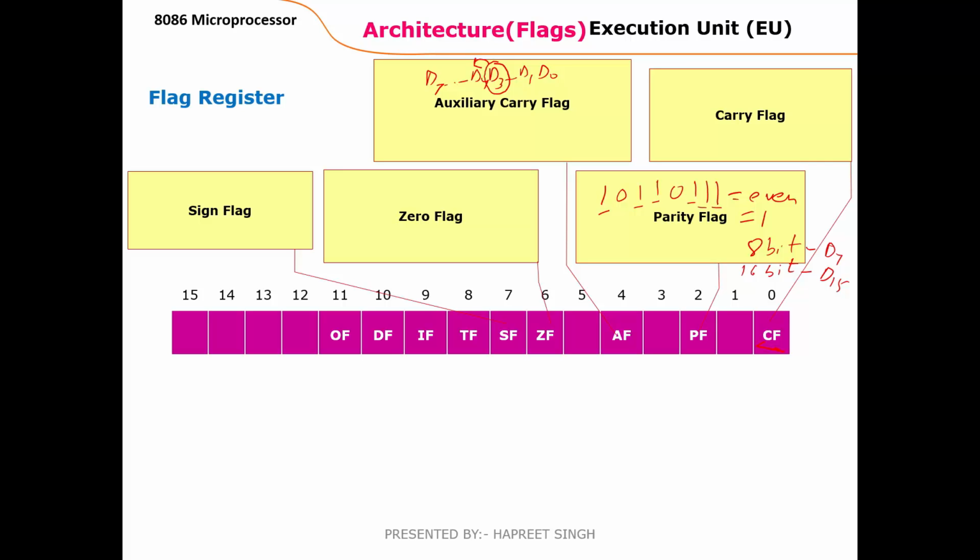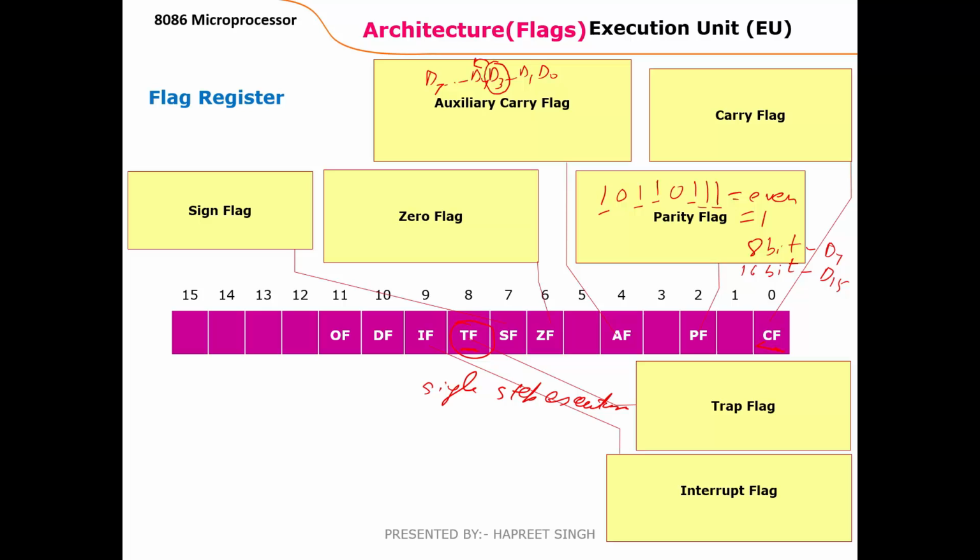Now let's discuss the control flags. In control flags, first one is trap flag. If the flag is set, the processor enters into single step execution, or we can say single stepping mode, by generating internal interrupts after the execution of each instruction. Now here the question arises, what do you mean by single step execution? It is used to set the trace mode. Here the microprocessor is interrupted after every instruction so that the program can be debugged.